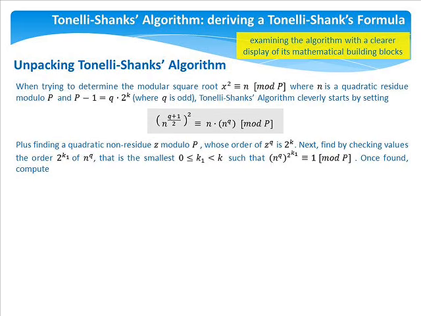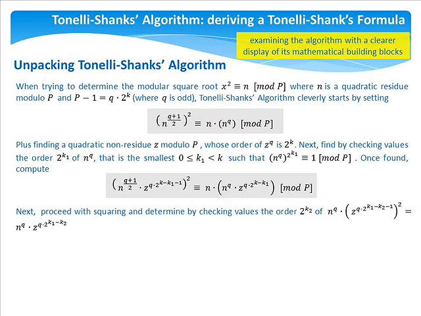That is, the smallest k sub 1 bigger than 0 and smaller than k, such that n raised to q raised to 2 raised to k sub 1 is congruent to 1 modulo p. Once found, we apply z raised to q times 2 raised to k minus k sub 1 on both sides of a congruence. Next, proceed with squaring and determine by checking values the order of 2 raised to k sub